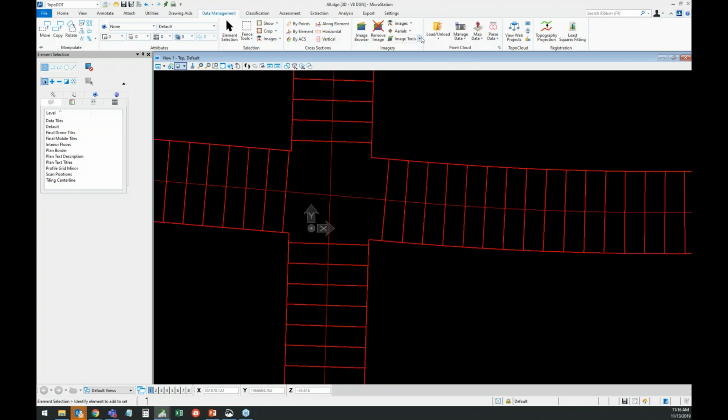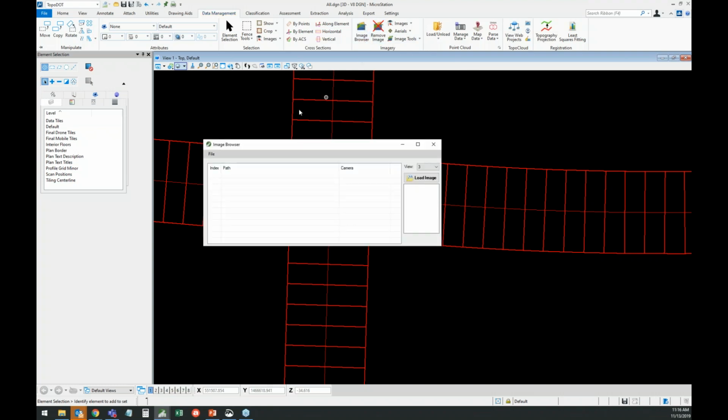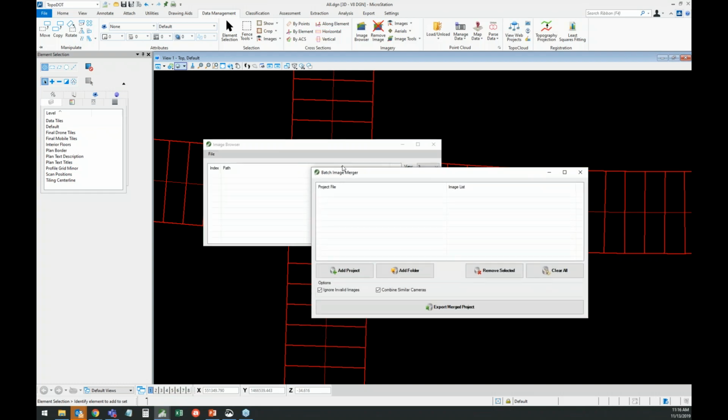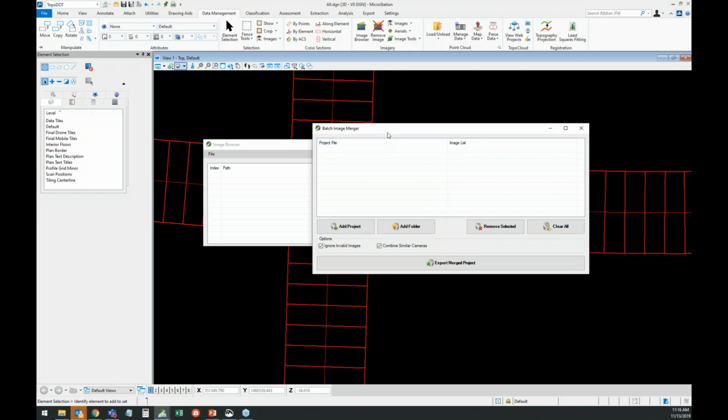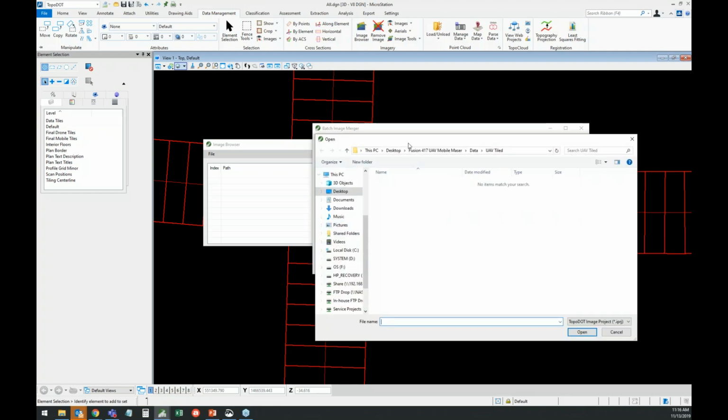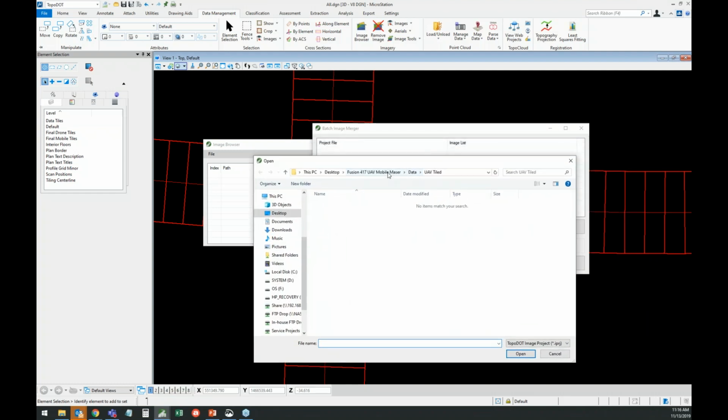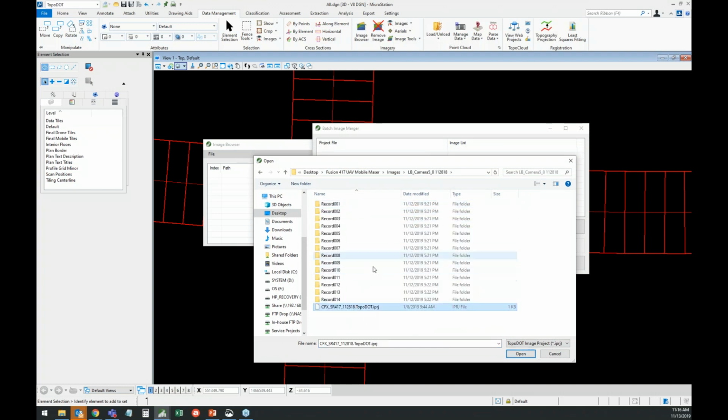Lastly, I wanted to point out another tool within the image browser. It's called the Merge TopoDOT image projects tool, and this is very helpful for those using mobile data with multiple passes or multiple cameras. If your software creates multiple IPRJs, then this tool will merge or consolidate all of those files into one IPRJ that you can load every time, and you don't have to worry so much about opening each individual IPRJ